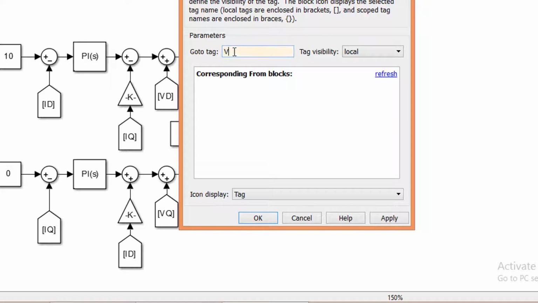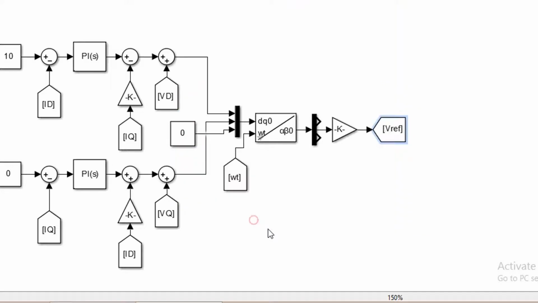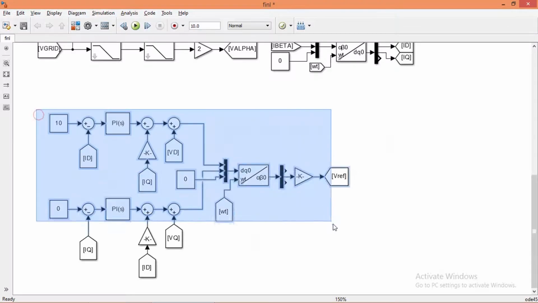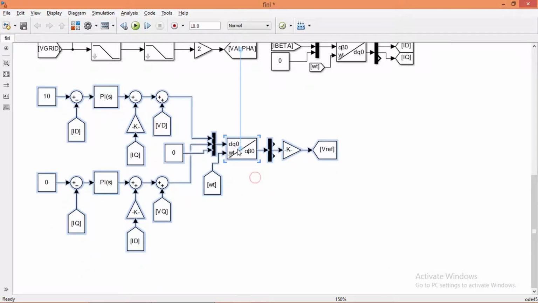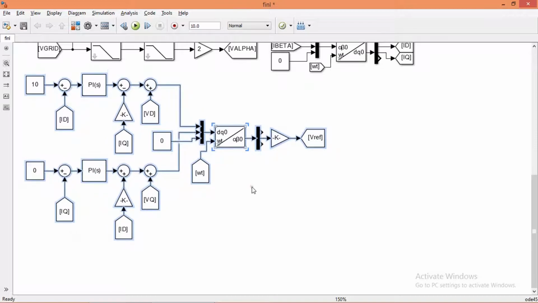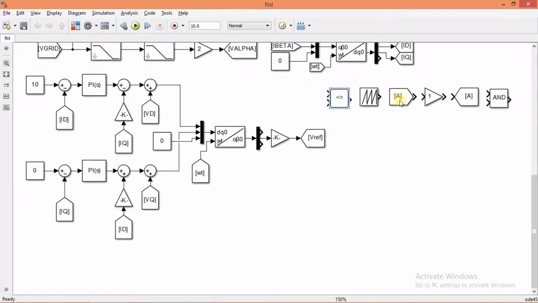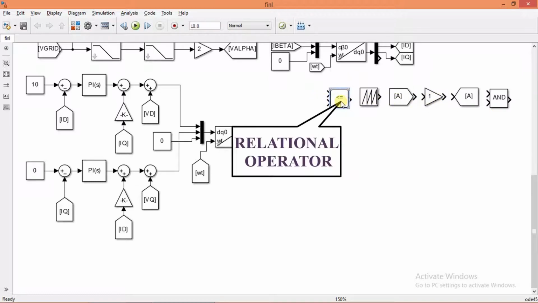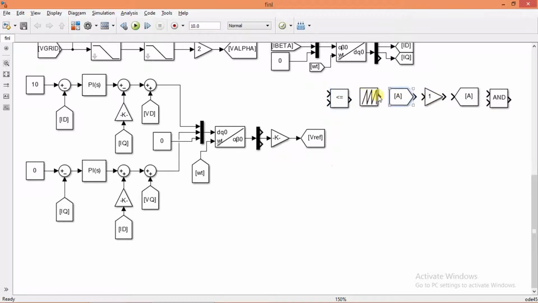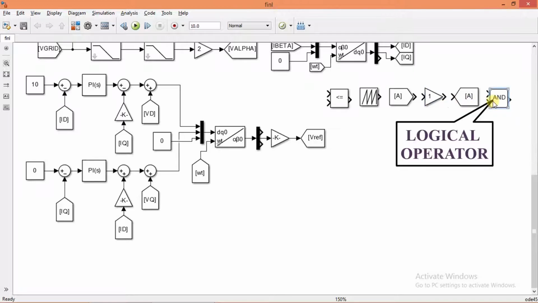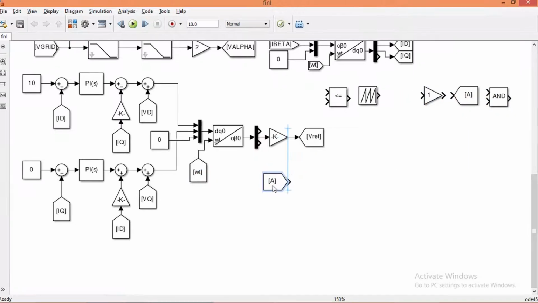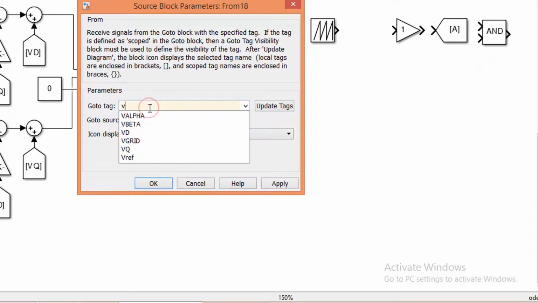Final output of controller is named as VREF. These are the required blocks. Now VREF, that is the controller output, is given to the PWM generation block.